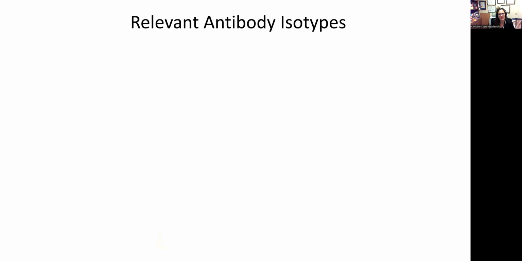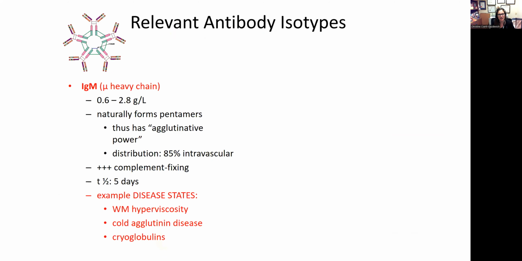Now, let's think about antibody isotypes. The relevant antibody isotypes. Every antibody starts off as an IgM, and then eventually it isotype switches to IgG, which is the monomeric form. But IgMs in their primitive state can cause disease. You can see here in this picture that IgM pentamerizes. And if an IgM is red cell specific, that pentamerization is what draws the red cells together into agglutinates. So IgMs can cause agglutinative